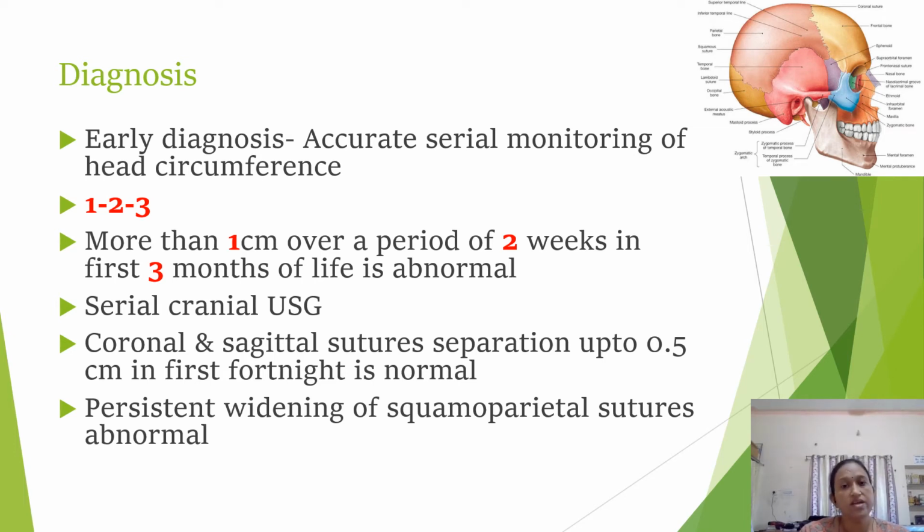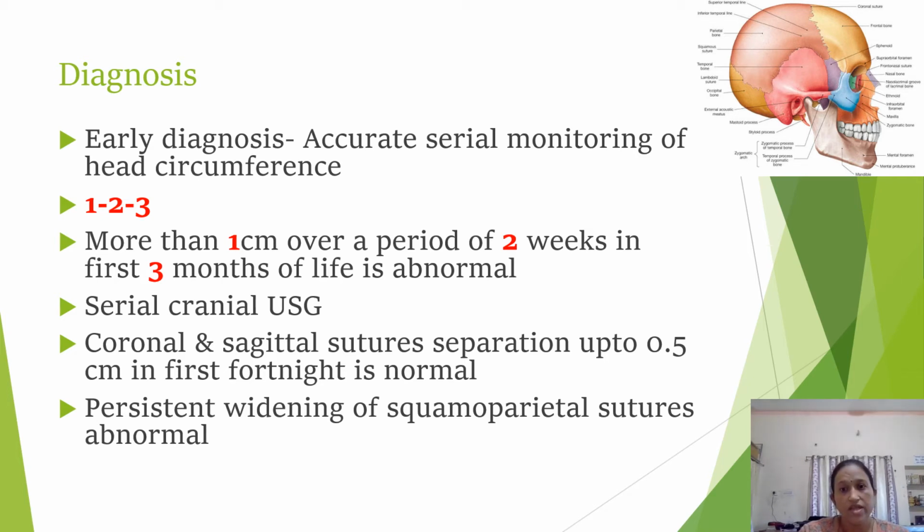Then serial cranial ultrasound examination can also help us. Then coronal and sagittal suture separation up to 0.5 centimeter in first fortnight is normal, but if the sutural separation is more than this, or it is there after first fortnight, then it is also abnormal. So which are the coronal and sagittal sutures? Sagittal sutures are between these two parietal bones. Here lies the sagittal suture, and this is the coronal suture that lies between the frontal bone and